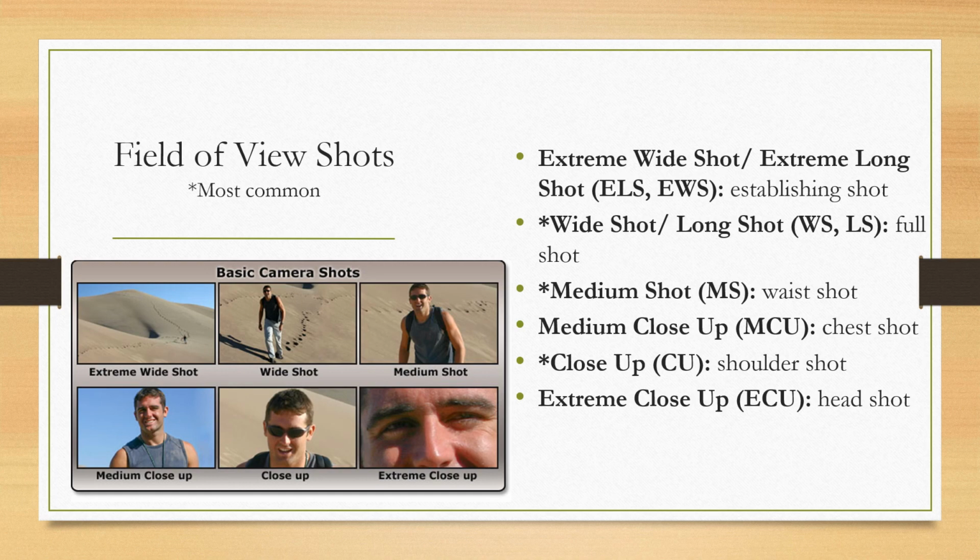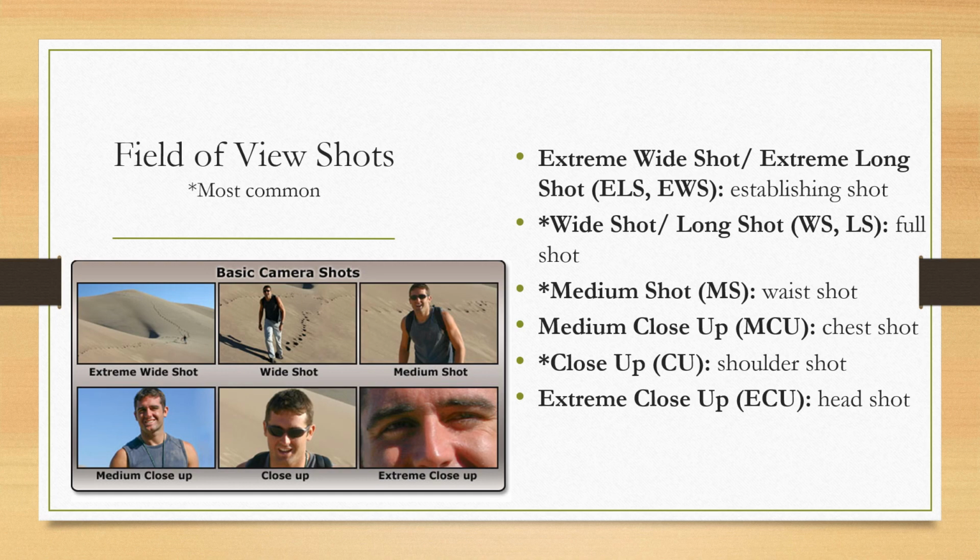And so here are some of our basic camera shots. We have the extreme wide shot, also called the extreme long shot. You can see that here. This is what we think of often with a panoramic, right? Really large and wide out. Again, this works for some images, but not all. Often this might be an establishing shot. So this establishes the scene, right? Just like in a story, we set the scene so that people know where we're at.